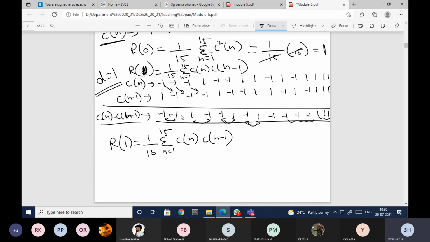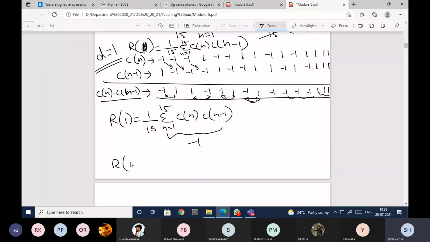When you add, you'll get the value as minus 1. So this entire value will reduce to minus 1. So R of 1 is equal to 1 by 15 into minus 1, that is equal to minus 1 by 15. This is what I've got for R of 1.